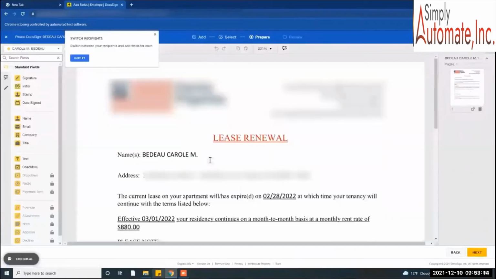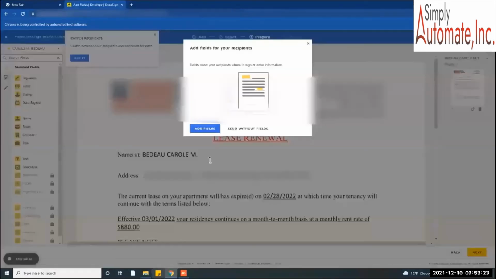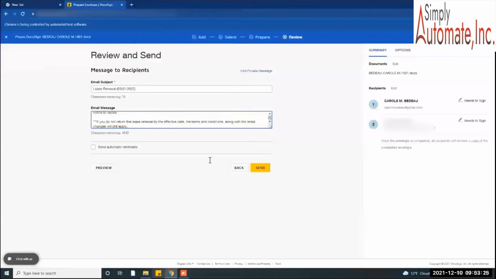This is it loading right now. Good: tenant name, end date, new rental date with the rent increase, and it will send that off. Copy and paste the generated message that the property manager wants us to include, automatically send the renewals every 7